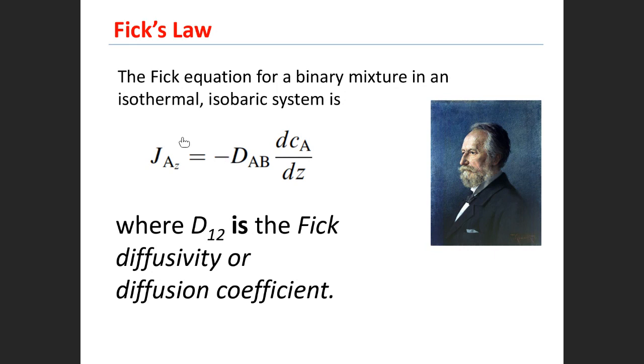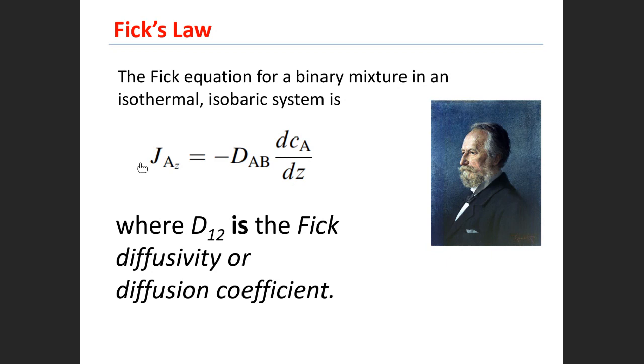So basically here, when we say J, you remember last lecture what we said J means? J means what? Molar diffusion flux. Exactly, molar diffusion flux. And we are speaking about A, because there are two components. One of them is A, the other one is B. Okay, so the molar diffusion flux for A